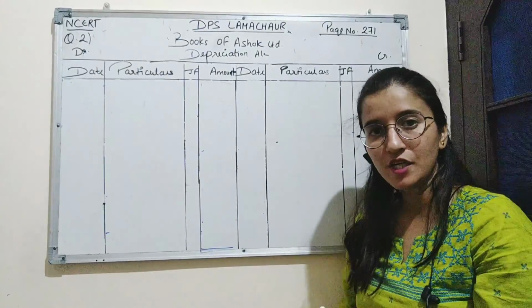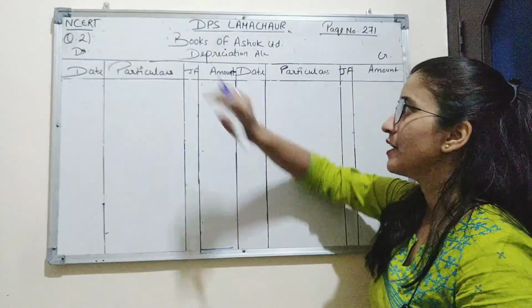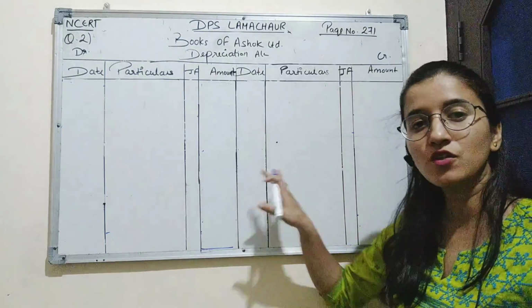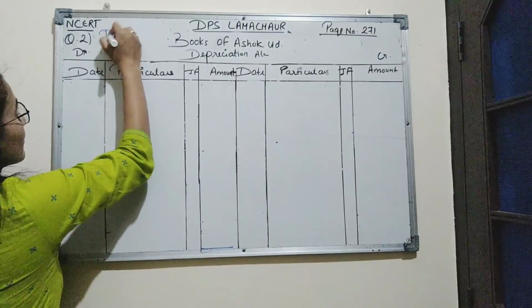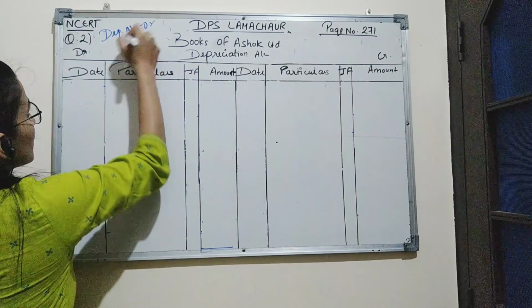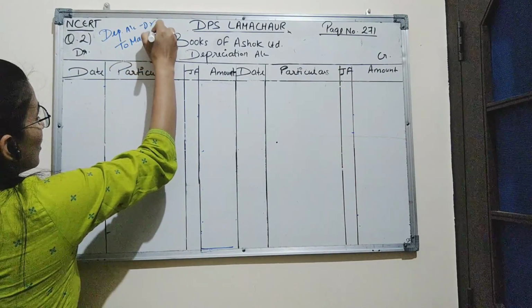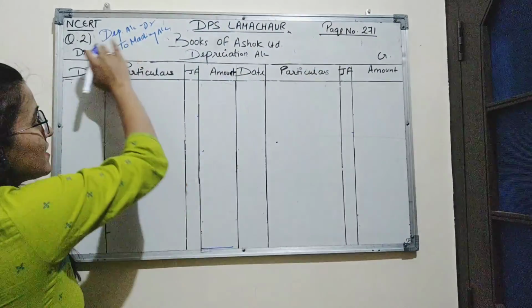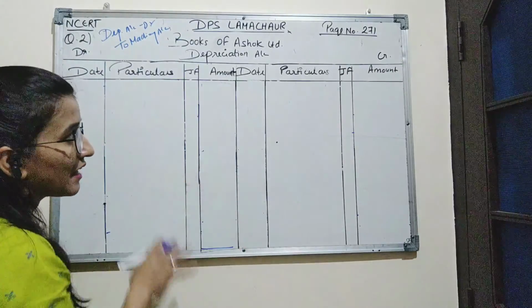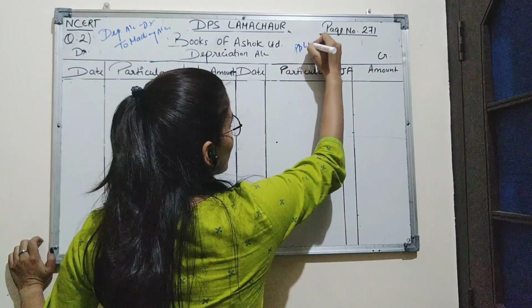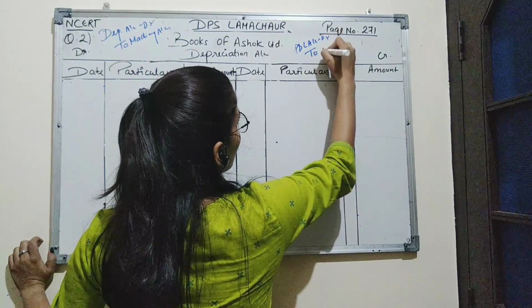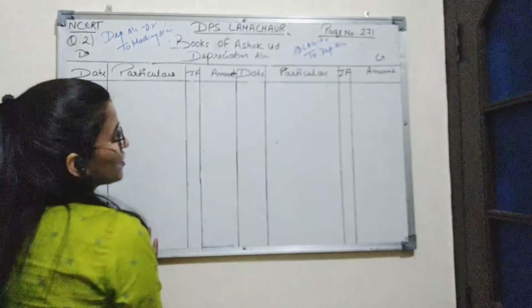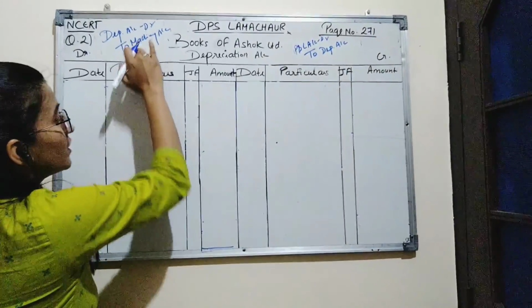Now we will prepare the depreciation account. So as we know, depreciation is considered as an expense. So the entry for charging depreciation on machinery is depreciation account debit to machinery account, and after that we know this depreciation amount is written off from the statement of P&L account. So the second entry is P&L account debit to depreciation account. So while preparing the depreciation account, we'll post this entry from journal to ledger.